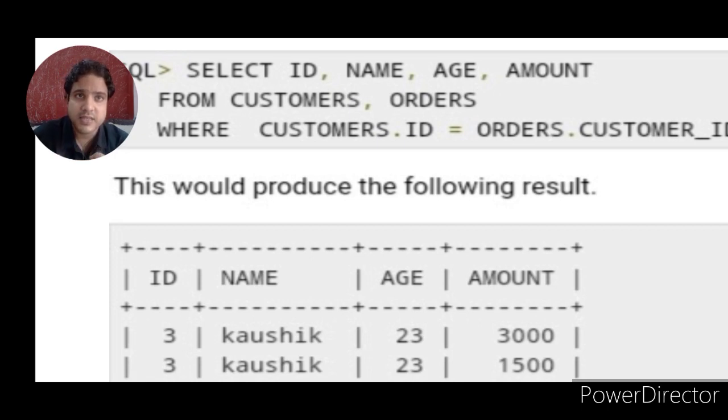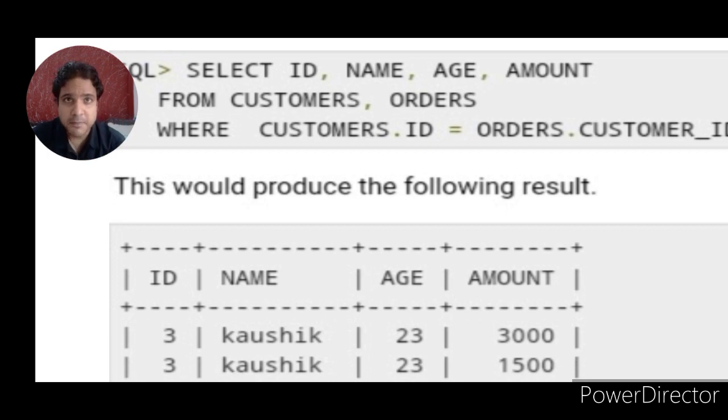We are selecting whatever attributes we want from the two tables: ID, name, age from customers, amount from the order table. So we will write both tables in the from clause: from customers, comma orders.